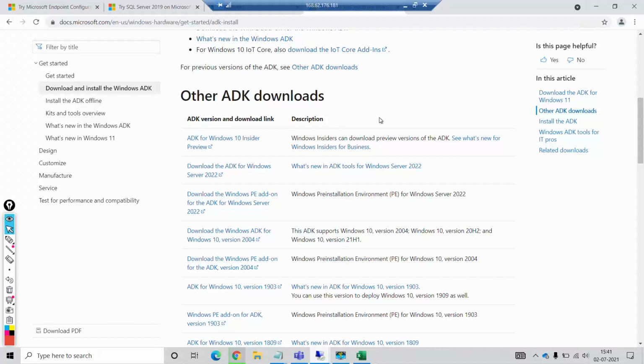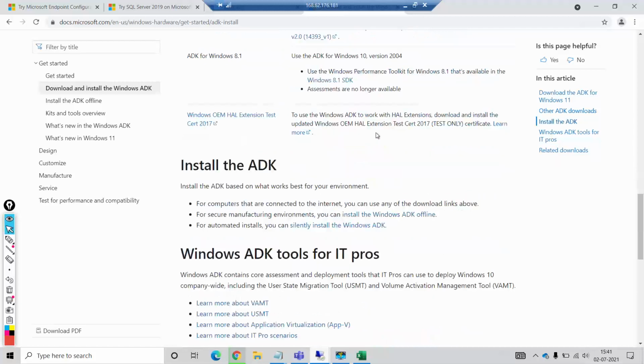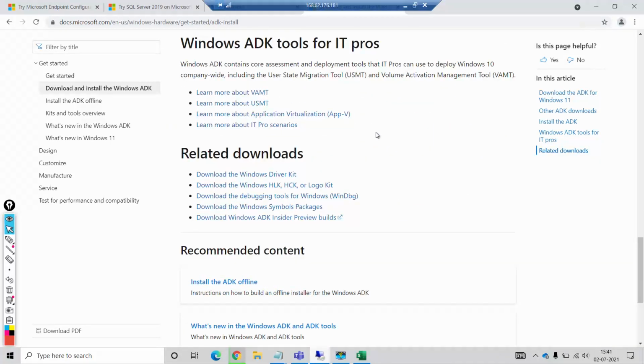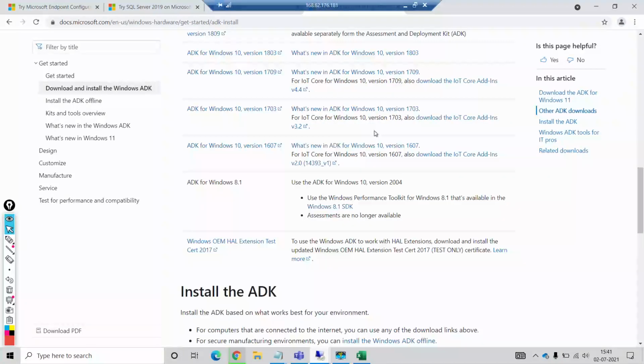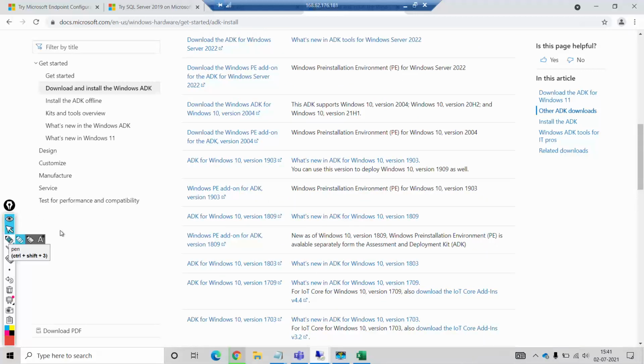Anyone remembers which is our Windows 10 version? It's 21H2 something. Yeah, 21H2. So if you see here, we have 21H2, 20H2 and 21H1, right?